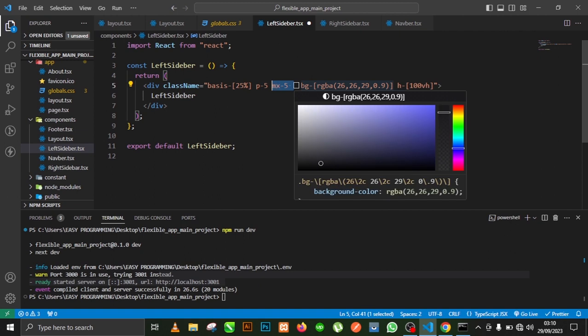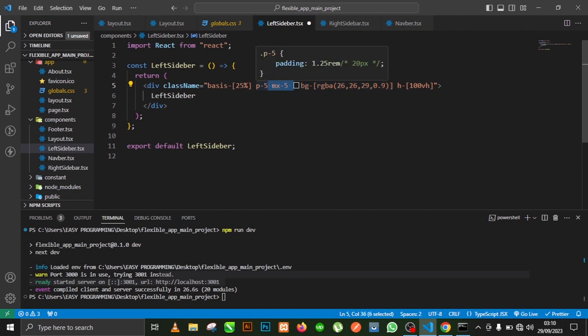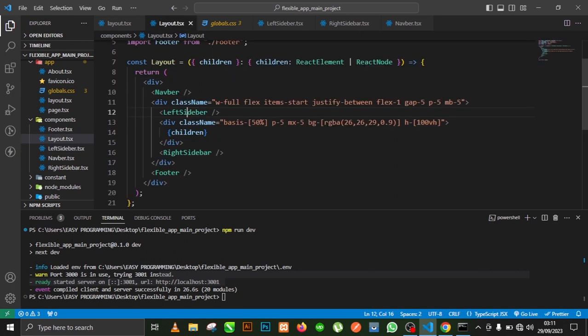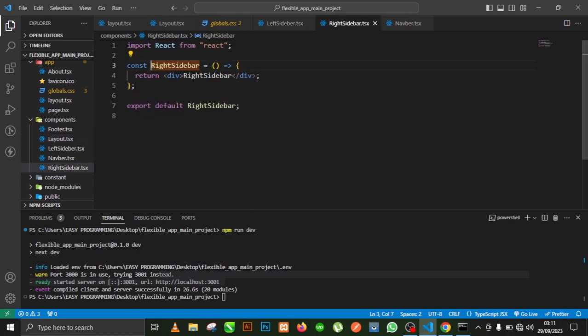We no longer need the margin at the left and the right side, and we are going to be leaving the padding. And once we save, we are going to be copying this and also applying the same thing at the right sidebar. And also let me give it a class name